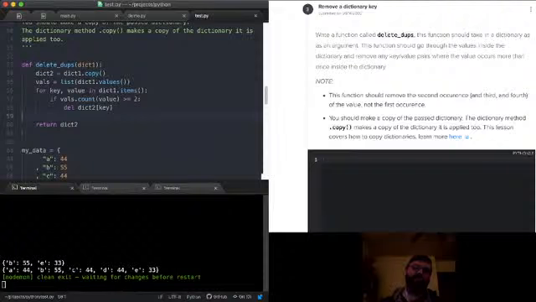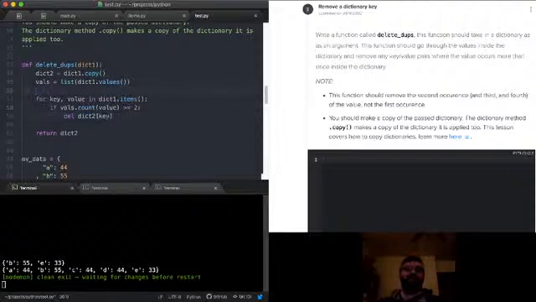So I think I could make this solution work if I could build in something that would give us a signal on if this is the first time we've seen this, not the key, because every key is going to be unique, but the value. So I think what I need to do, like in my other one, is create a seen vowels list. We'll just make an empty list, and I'll append to it at some point. Where I append to it is going to matter. I think I need to append to it